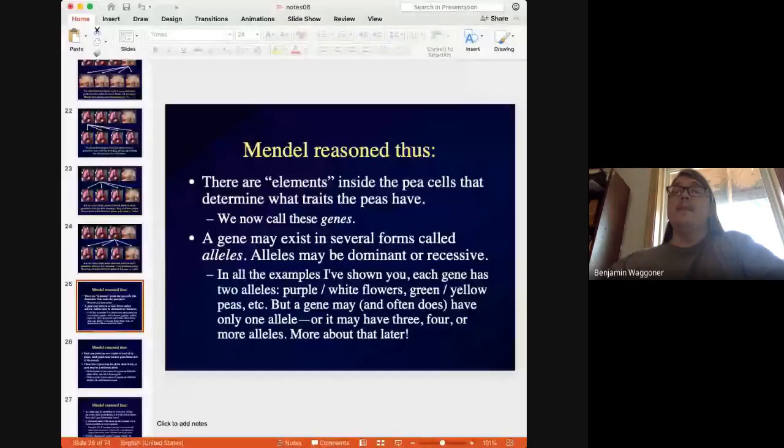Right, so Mendel comes up with those results that he's getting from his crosses, where in the F2 he keeps getting this 3-to-1 ratio, and now he's got to figure out why he's getting that. So let's have a look at why. He reasoned like this in a paper